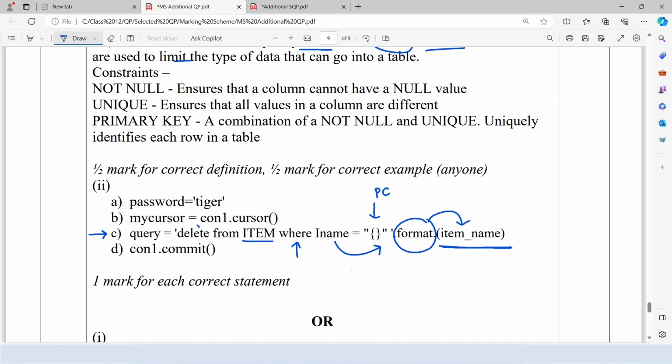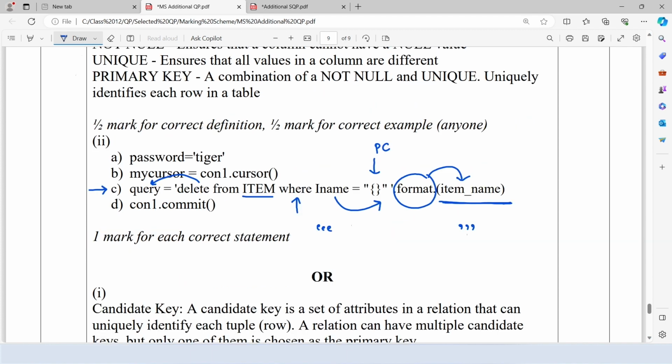When we initialize query to a variable, I will suggest to write the query in triple single quotes. And one more thing we should keep in mind, when this parameter is of string type, we write this placeholder in a single quote. So follow this format, enclose the whole string of the query in a triple single quote and write the placeholder in a single quote if it is a string.